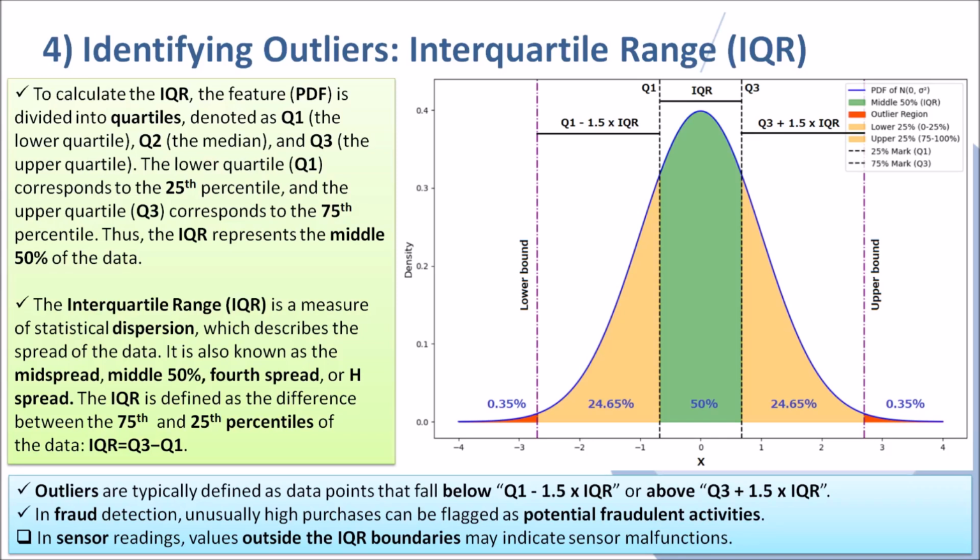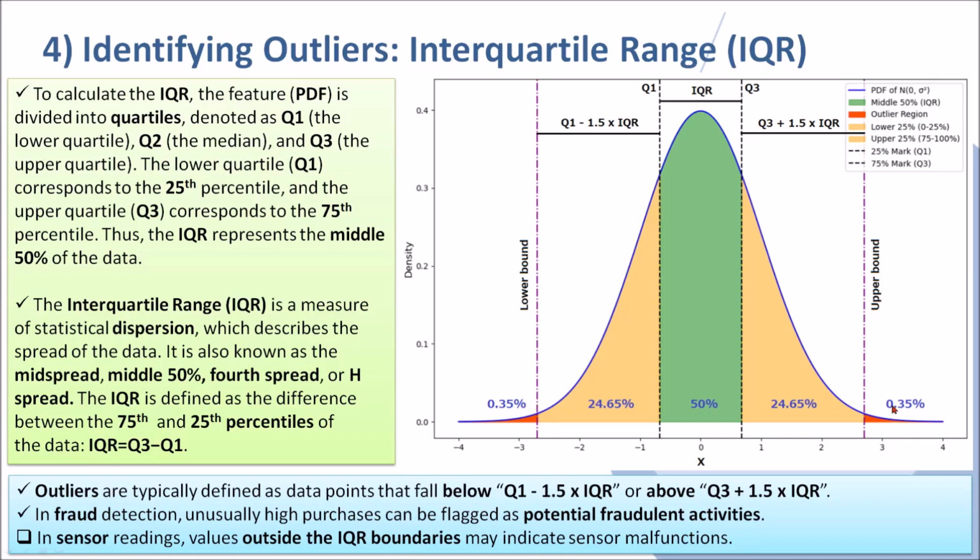Namely, we are going to define a threshold. If we have a data set with numerical features, by using this IQR method, we can define this kind of lower bound and this kind of upper bound region. This is theoretical because this is a normal distribution. In the case of a perfect normal distribution, this bound is just like this, namely